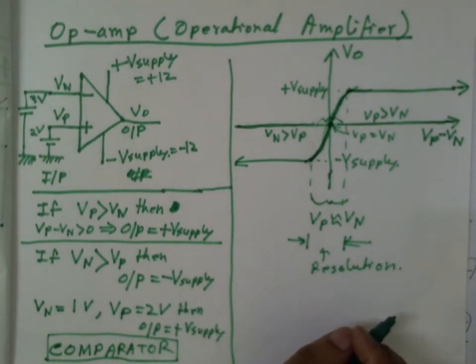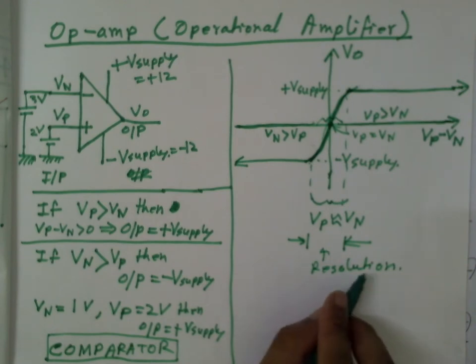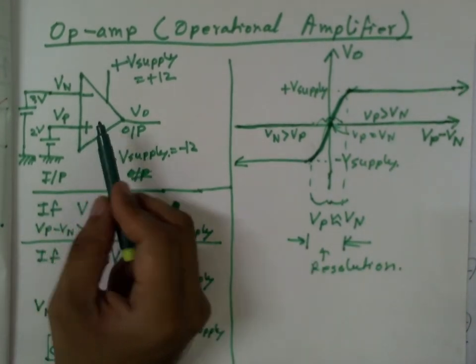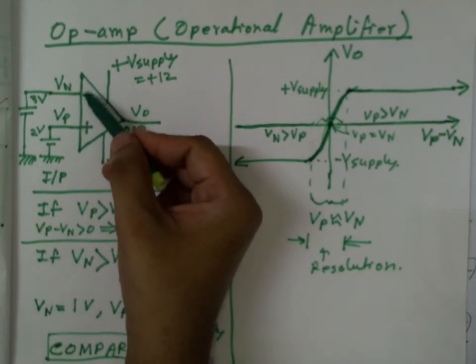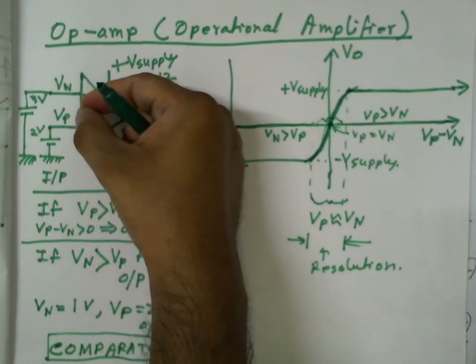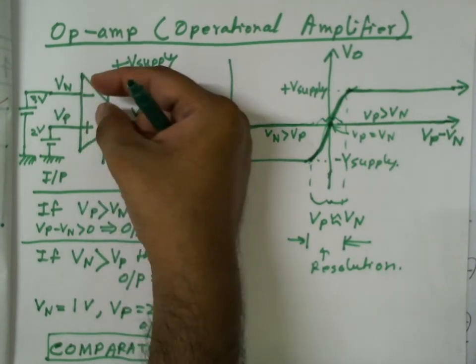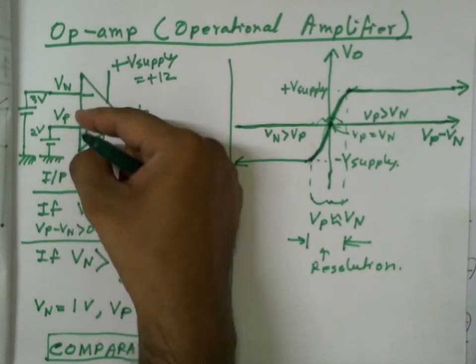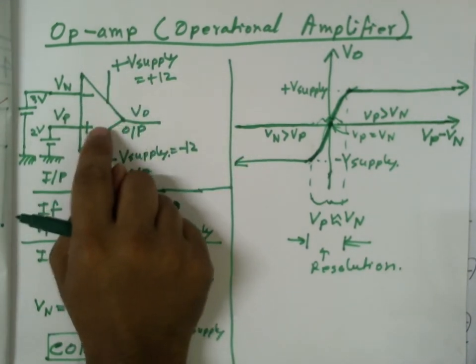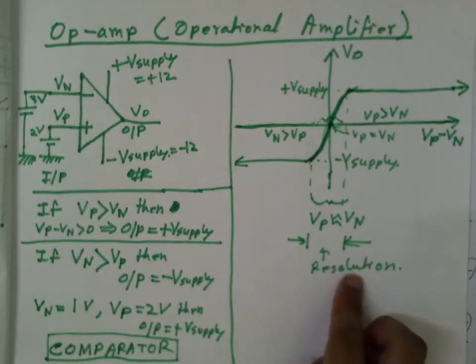What does this word resolution mean? It's a measure of how good the op-amp is. If the op-amp is very good, then it can compare and distinguish even a slight amount of difference between Vp and Vn. So if the difference is very small, it can still decide which one is higher and which one is lower. If the resolution is poor, then it cannot